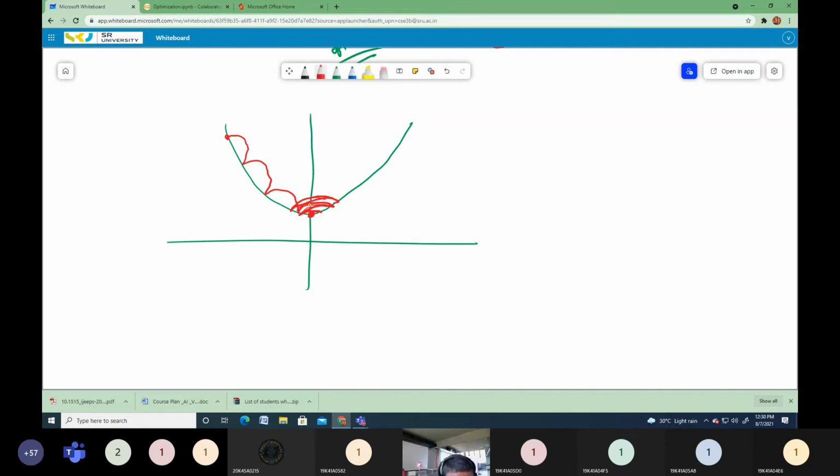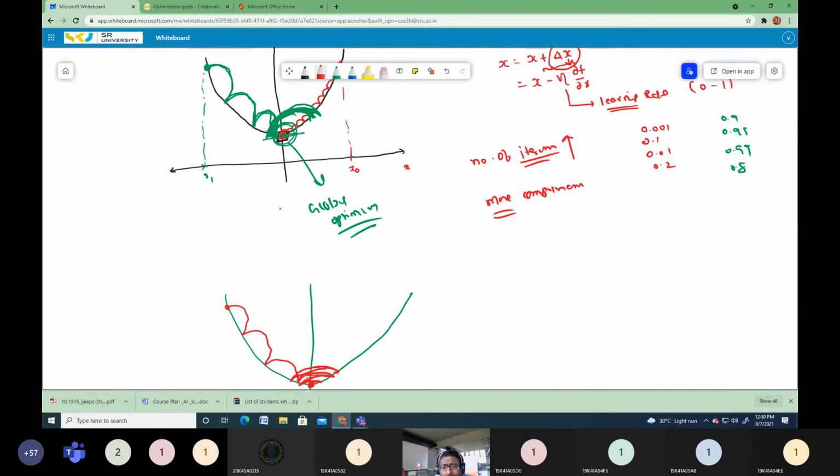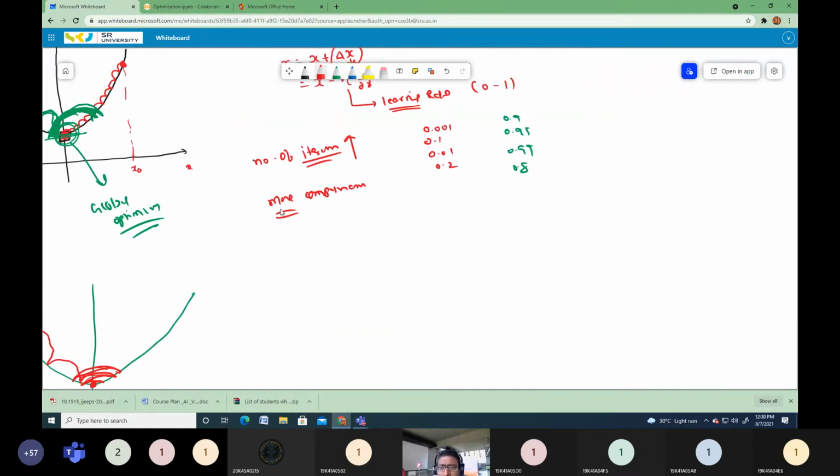If there is a jump in the positive side, the same thing will come in the negative side, then it will be oscillating around its global optimum point. That means it oscillates around the global optimum point if your step length is very large. So what is my observation for the large step length?